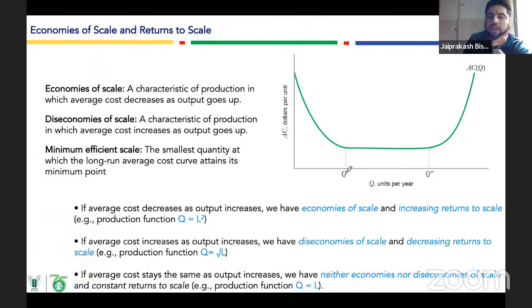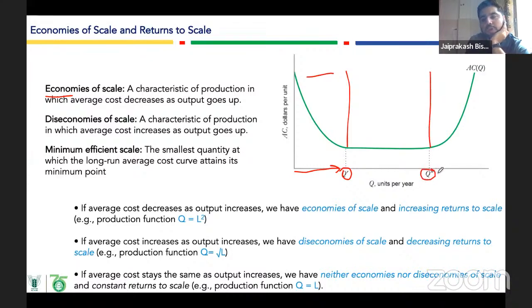Up to point Q dash. Okay, Q dash. In this portion, जैसे आपका आउटपुट इंक्रीज हो रहा है, आपका जो एवरेज कॉस्ट है वो कम हो रही है, ठीक है। इट मीन्स आपका टोटल कॉस्ट भी कम हो रहा है इसमें, ठीक है। इट मीन्स कि आपका जो इकोनॉमिक्स ऑफ स्केल है इस जोन में you are running in the economies of scale zone, ठीक है।